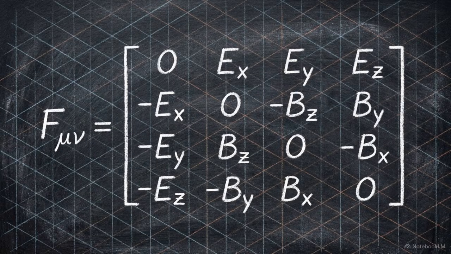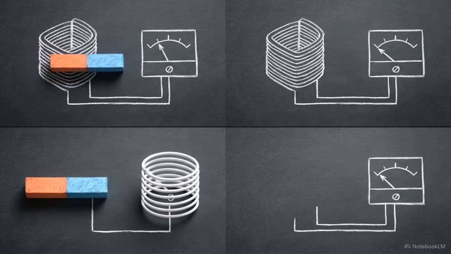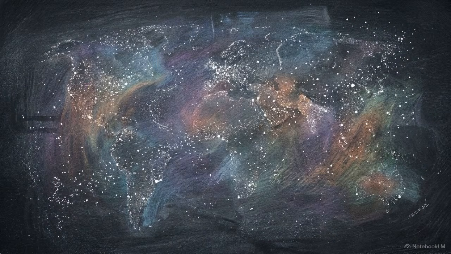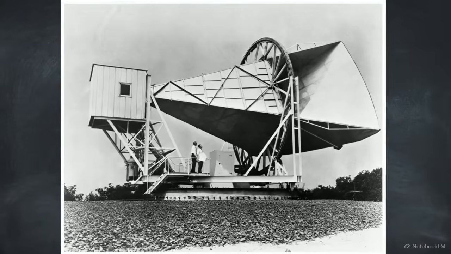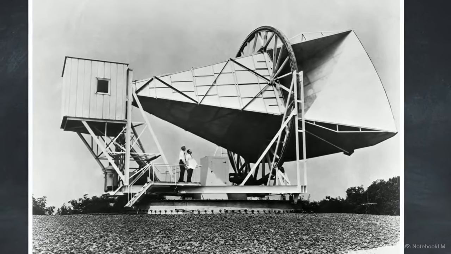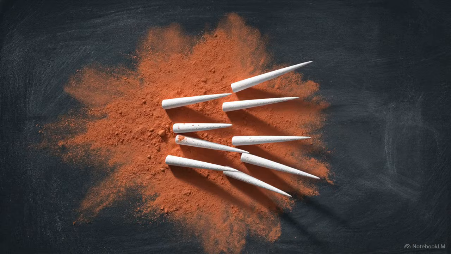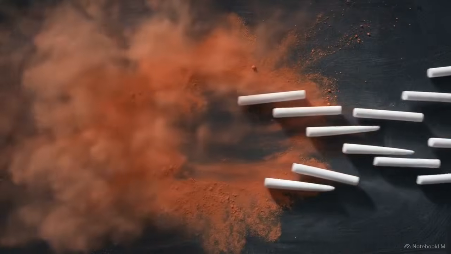Special relativity further clarifies this process, showing that electric and magnetic fields are interwoven components of a single four-dimensional electromagnetic field tensor. Whether an observer measures an electrical effect or a magnetic one depends on their specific relativistic frame of reference. The remnants of the early universe provide empirical confirmation of Maxwell's self-propagating vacuum equations. In the 1960s, astronomers using the Holmdel-Horn antenna detected a faint, uniform signal arriving from all directions. This is the cosmic microwave background, the first free-traveling photons released during the recombination epoch, 13.8 billion years ago.